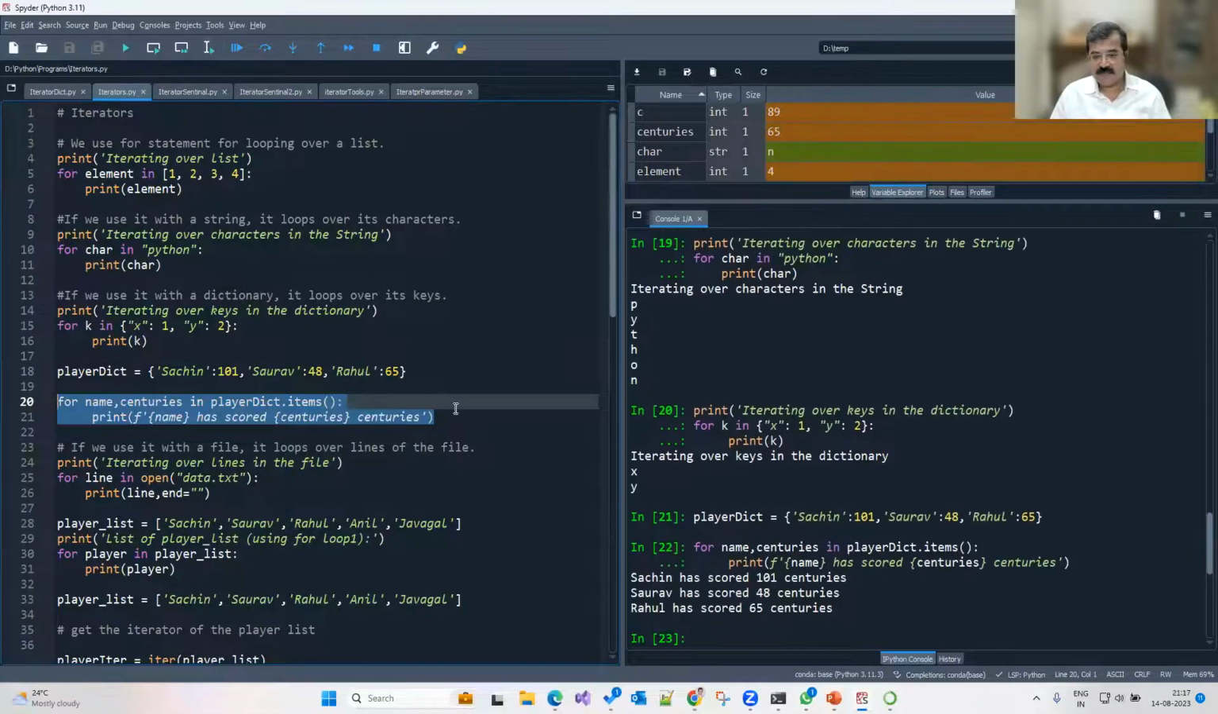Let's iterate. Sachin has scored 101 centuries. Saurav had scored 48 centuries. Rahul has scored 65 centuries. You got it. How do you do that? We said the name. Unpacking is what we have done. So when I say player.items, it gives you dict items. It's like a tuple. So I have unpacked it into two parameters over here, name and century,